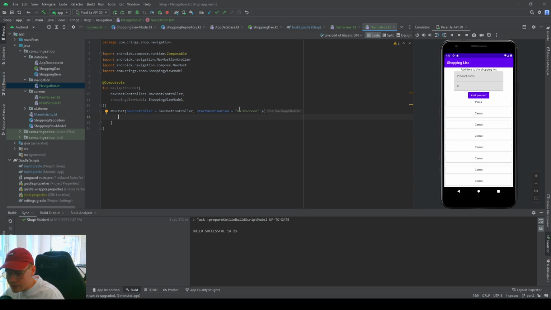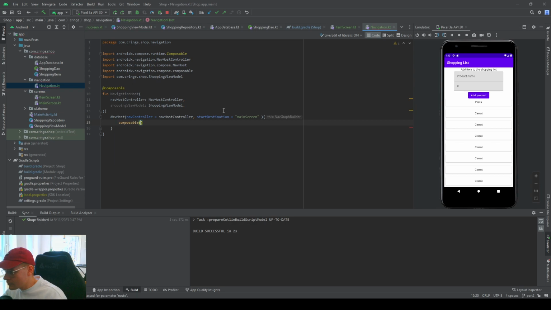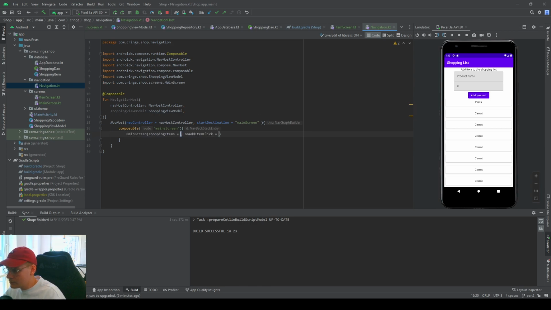because it's going to make a big difference. But inside here you write composable, and this is composable views you want to be able to navigate to, and in here you're going to write this route to this composable. And also our main start destination is main screen. This one is going to also be main screen. And what composable do we want in here? Well, we want the main screen, which is going to take a